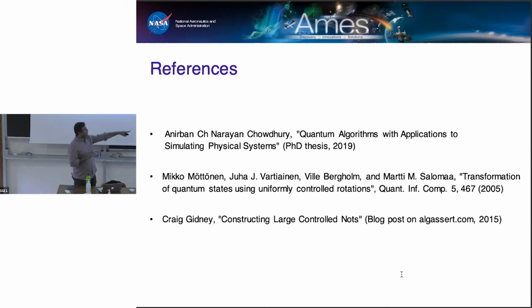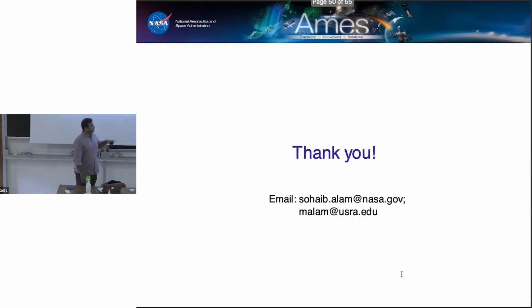So Craig Gidney, who now writes papers but used to write blogs on his website, algassert.com, wrote this very nice series of blog posts starting with that one. And in this particular one, he showed that you could do C to the n NOT using order n Toffolis and an ancilla bit, but you could do a Toffoli with 6 CNOTs as well. So it all works out. Highly recommended reading, and I guess I'll stop there.